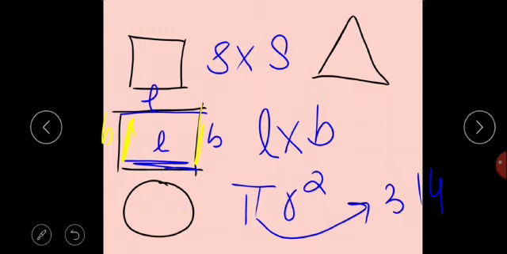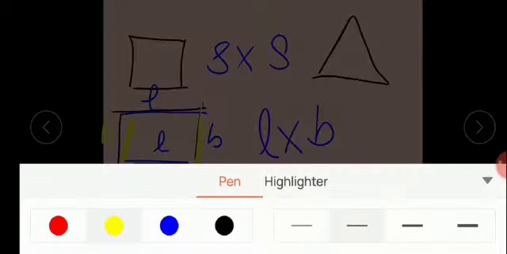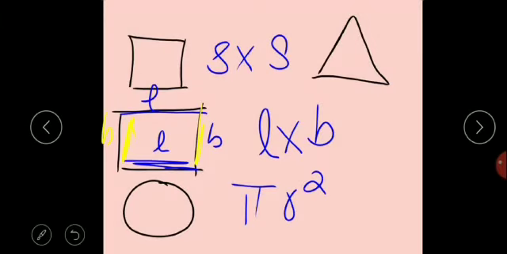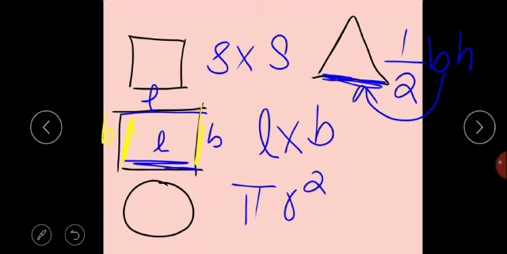Let's go forward to calculate the area of a triangle. So to calculate the area of a triangle, we have the formula half base multiplied by height, where base is actually the horizontal part or the resting part, and the height is going to be the distance from the base to the top of the triangle or the tip of the triangle. That is actually the height. So these were the simple formulas which we have gone through earlier. So basically, let's go to an application question to test how do we calculate area of such a shape.